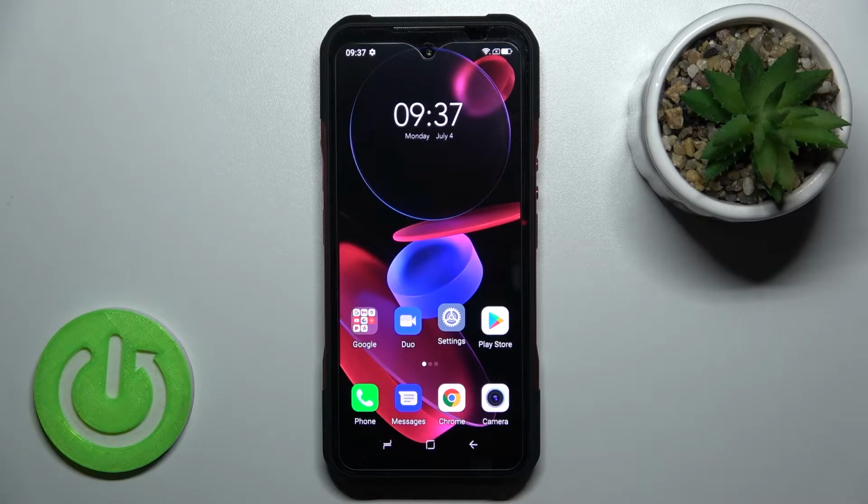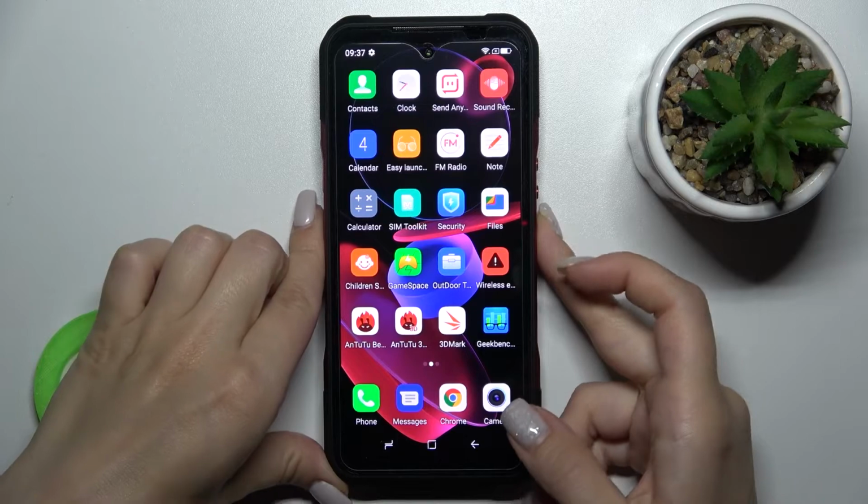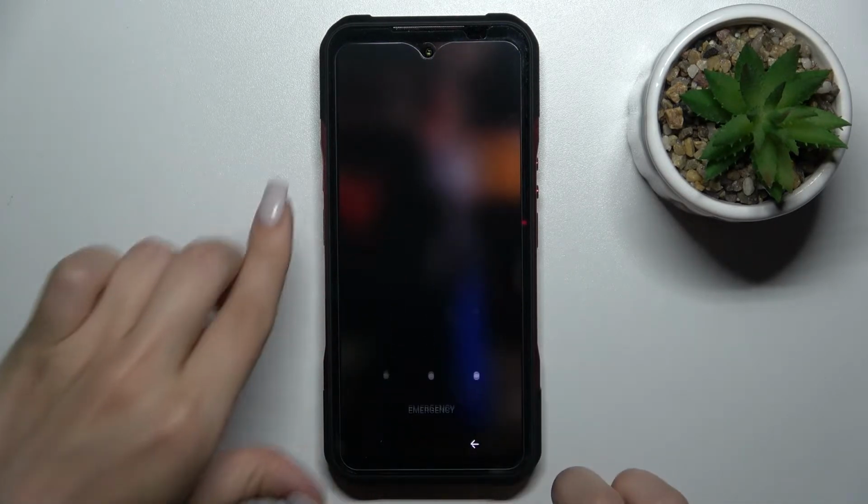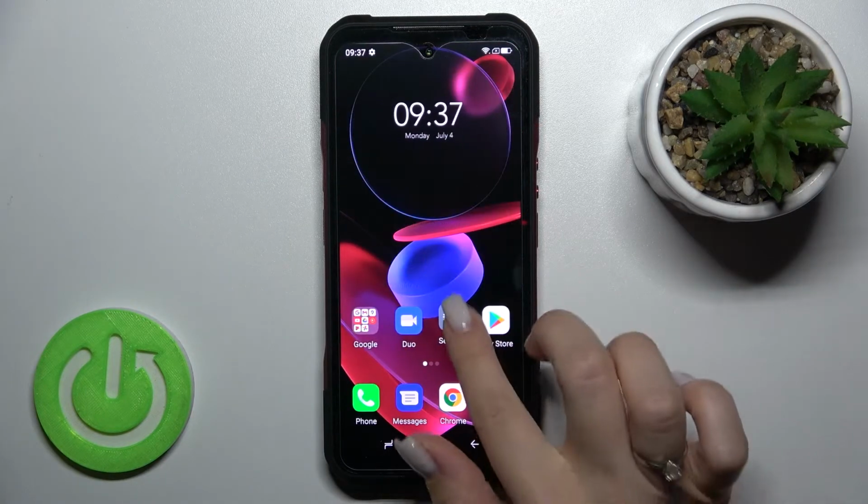Welcome, today in front of me is the DOOGEE V20 and I'll show you how to change the lock screen wallpaper on this device. So let's first see the current wallpaper here, and now to change it we should launch the settings